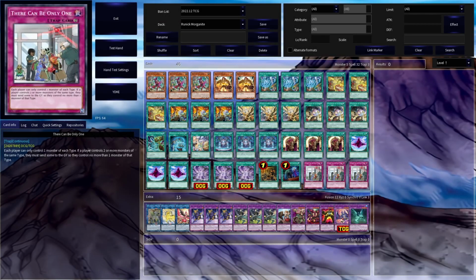Welcome to Runick Morganite. Now, Runick is probably a deck you're pretty familiar with. It's very popular in Master Duel and decently common in the TCG. But a newly revealed OCG card in Cyberstream Access is definitely interesting for the deck, even if it might not